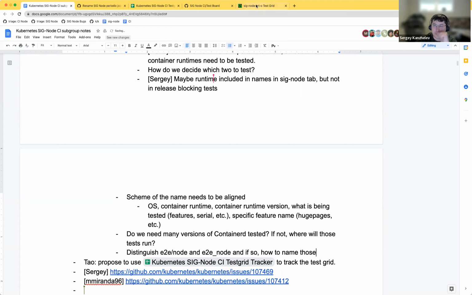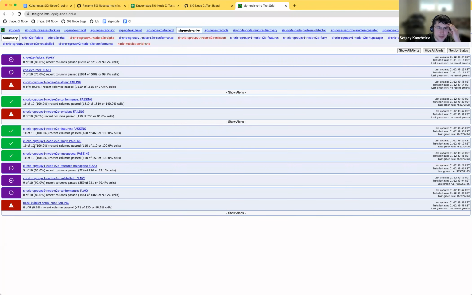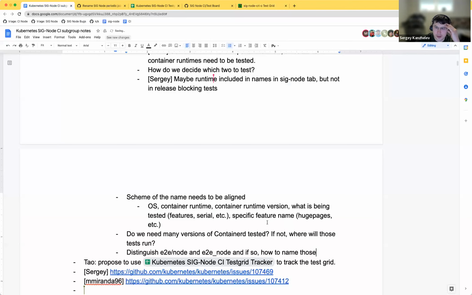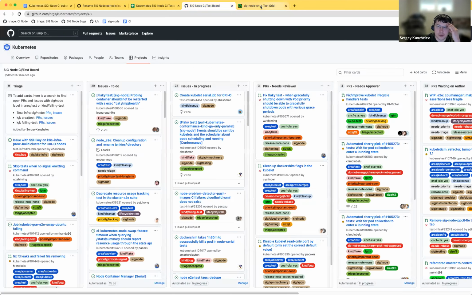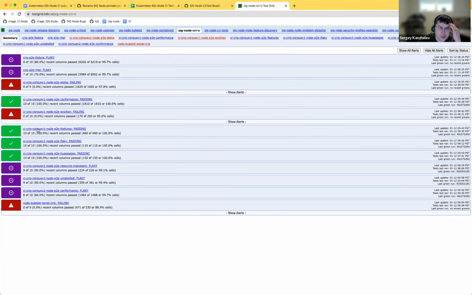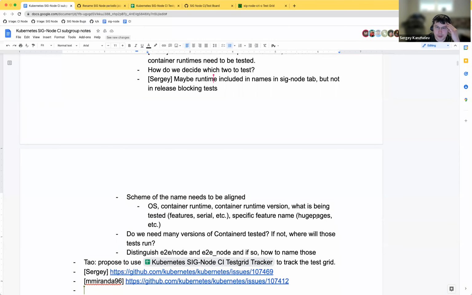Okay. I'm trying to understand whether we have any other pieces in the name of a test that we need to reflect in the naming scheme. So cgroup v2 will be a specific feature that is enabled, I think. Similar to huge pages.